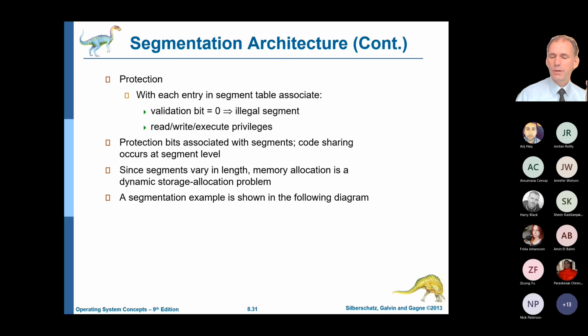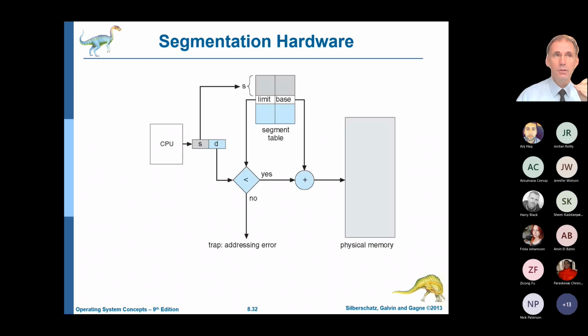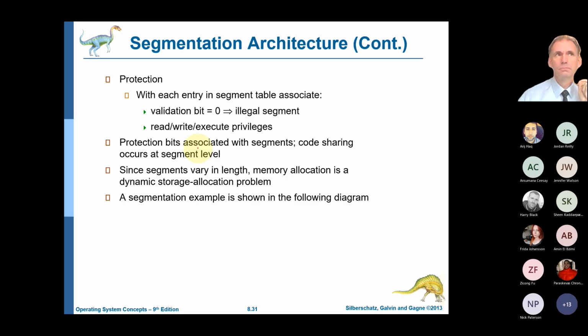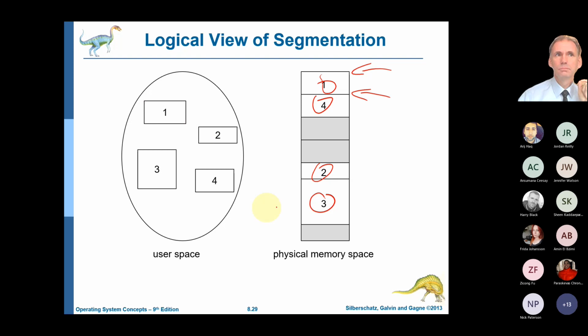We do the same sort of protection things. So again, because we have these limits, we can still check to make sure that what we are trying to access is within the part that is owned by our system. So we've got another one of these diagrams. So again, the CPU is asking for some memory. There's two parts to it. There's the segment,